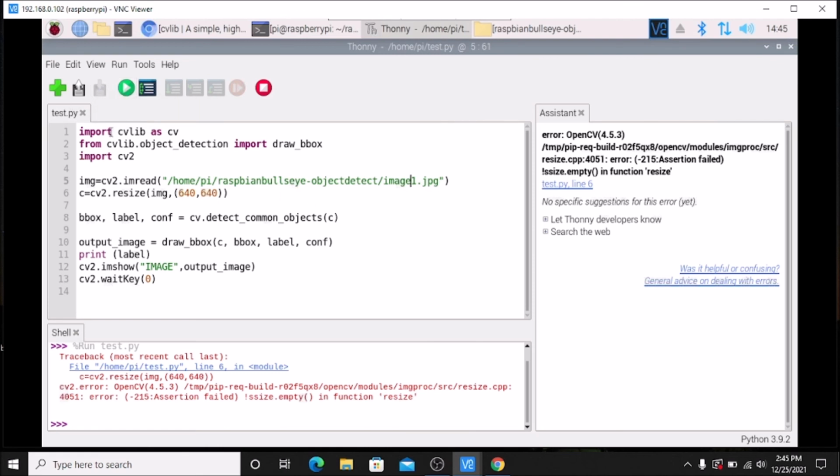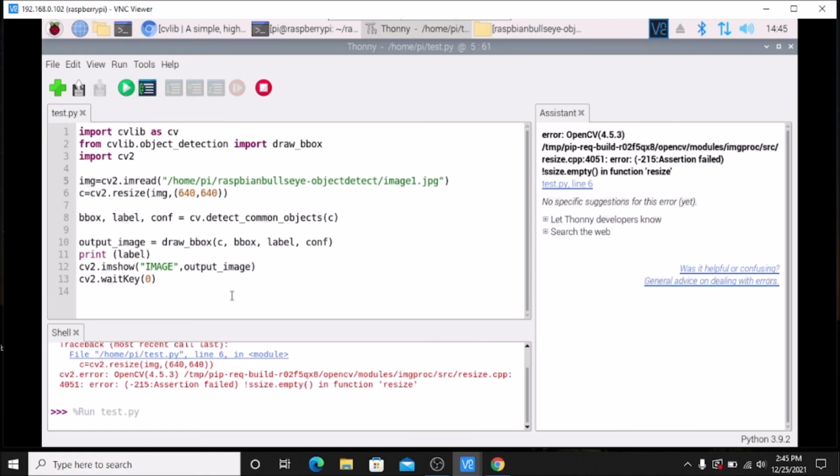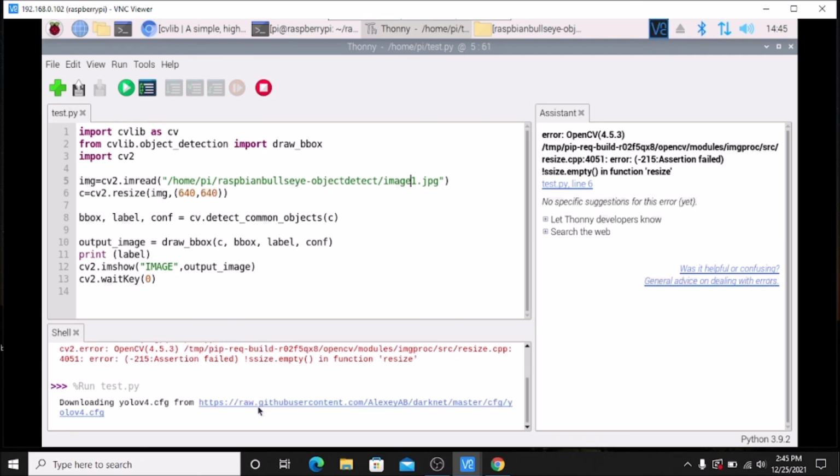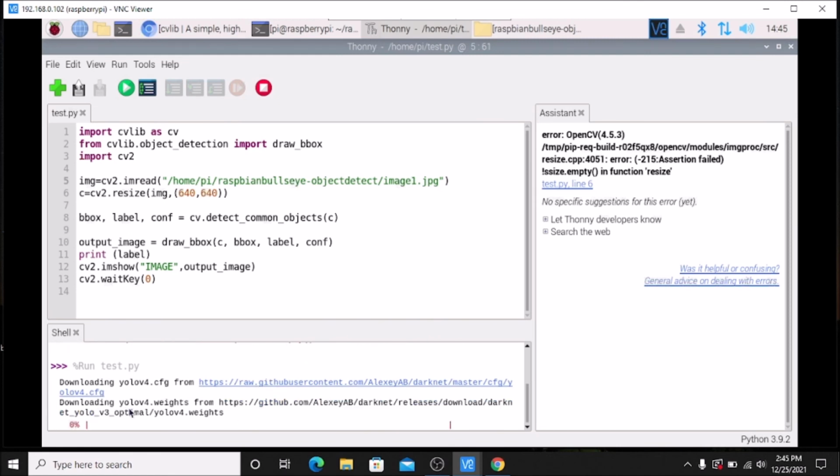Now again save the code and just run it. And as I told you, cvlib needs YOLOv4, so it's downloading the YOLOv4 weights from darknet and installing it.